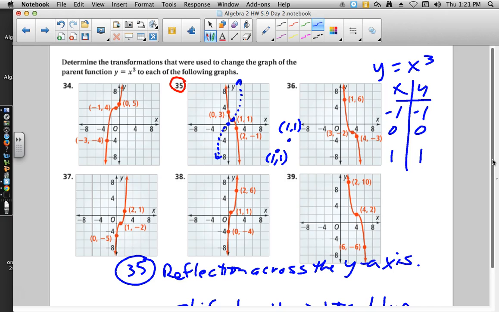But then I notice, even if we do all of that, that some of these other points wouldn't match. So I have to figure out what's gone on with these points that they're in different positions. So I see that I have my center at 1, 1, and I notice they give me a couple other points here. They're probably giving me those to help me out. So I look at 2, negative 1, and I think, well, gosh, where did that 2 come from? That just seems like it came out of nowhere. But I realize my original point over here